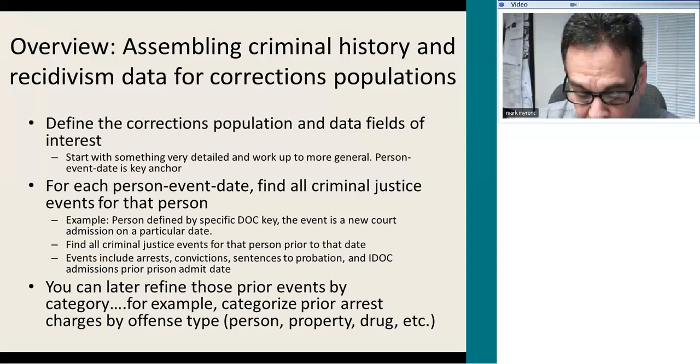Initially, this is what the data looks like, where at the highest level, we can see how many people are coming in for various offense types. This is the cohort of people coming in on new court admissions, 3 recent years, prison admissions. We can also do cohorts for just technical violators or new court admissions or for prison exits. And very shortly, Mark tells me that we're going to be able to do a cohort of persons sentenced to probation. Now, if we take a look in trying to refine our inquiry here, we can get a look at